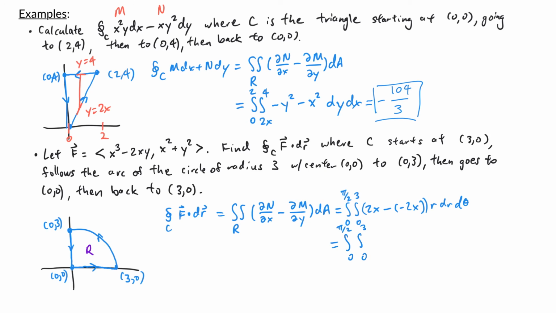Within the integral, I have 4x, but I need to write this in terms of polar coordinates. So I have 4r cosine theta times r dr d theta. So this is the integral from 0 to pi over 2, integral from 0 to 3 of 4r squared cosine theta dr d theta. I won't go through the details of this calculation, but you should end up with